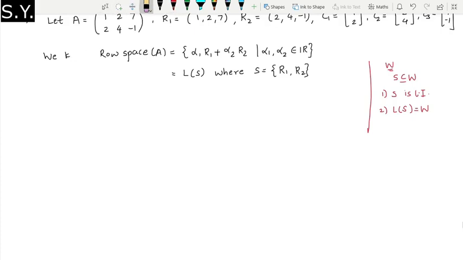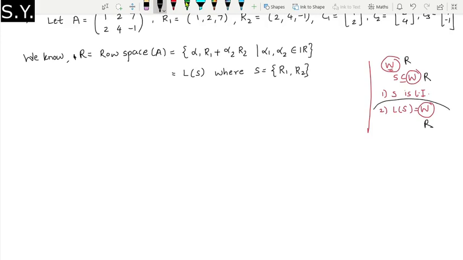Now in this case we are supposed to find basis of row space and column space. So for understanding purpose, I will denote this row space by R, and column space by C. So we know R is equal to row space of A is equal to somewhat like this. So there will be a slight change in the definition. This W will be replaced by R, because we are finding basis of R. So I have to find a subset of R which is linearly independent, and this linear span of S should be equal to R.